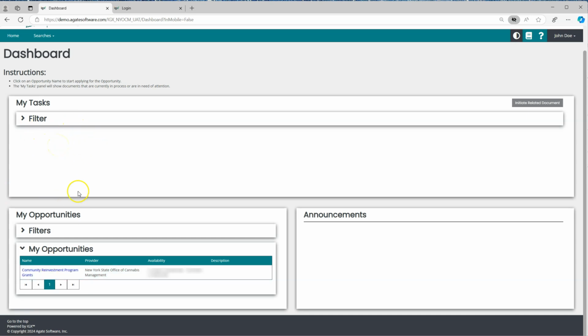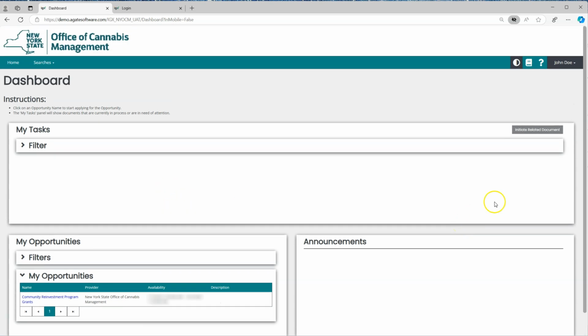For the rest of this video, I will discuss what the head of your organization will need to do to verify their profile and then what needs to be done to add and manage other users for the system. The head of your organization will need to click on their name in the top right corner and note that there is a drop-down that allows them to access the profile, messages, dashboard, support, or log out. In this case, we're going to click on Profile,